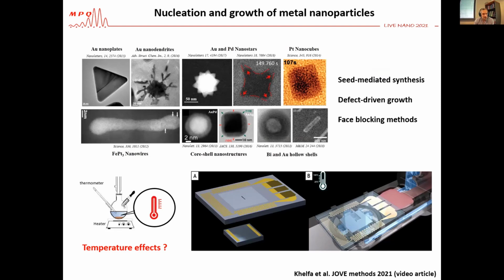But so far, the role of temperature has been disregarded, although we know that temperature affects all the atomic scale processes that drive the size, dispersion, and the shape of nanoparticles. And the reason for this is that the technology of a temperature-controlled liquid cell that allows controlling the temperature in the liquid cell is a very recent development. So here I'm going to show you what we have done using the prototypes